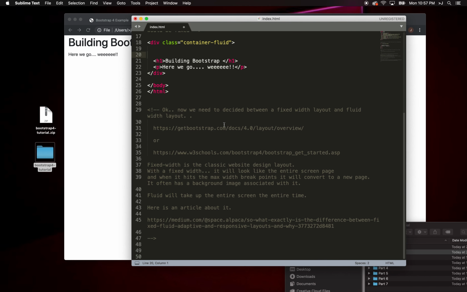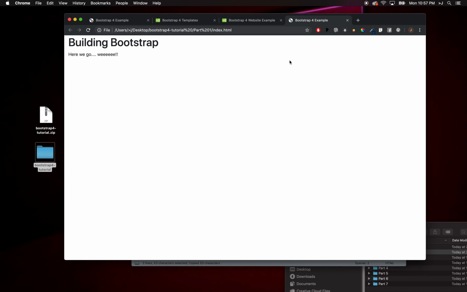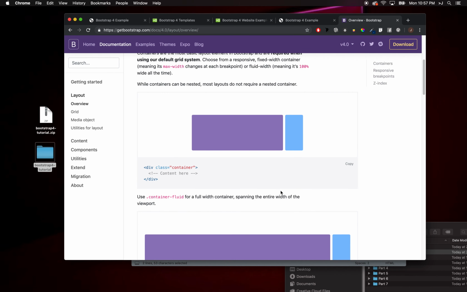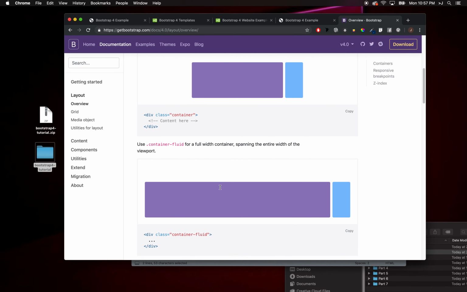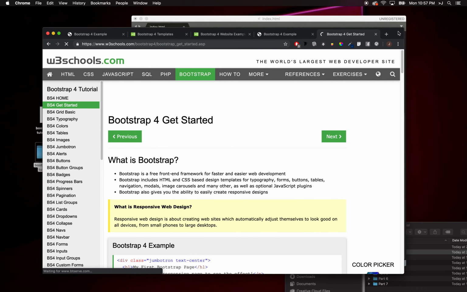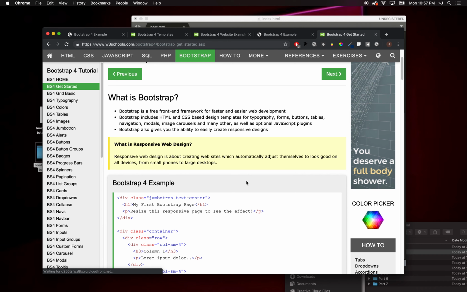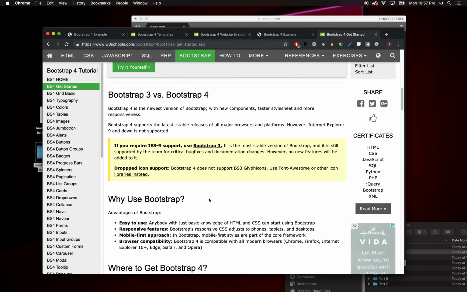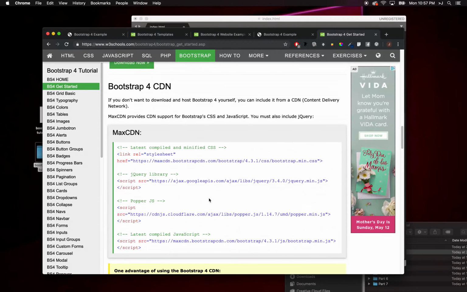So we decided between the fixed width layout and a fluid width layout, and over here you could click on this resource for Get Bootstrap and their overview, and they talk about the different containers and the fixed width and the fluid width. Fluid width is a more contemporary implementation, which goes all the way across the screen, while fixed width plays more with the breakpoints of media queries. And here's the W3 Schools version of that as well, showing you the different types of